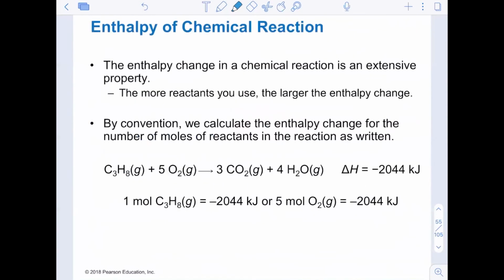The enthalpy change of a reaction itself is an extensive property. So the more reactants you use, the larger the enthalpy change. By convention, we can calculate the enthalpy change based off of the number of moles written in a reaction. So looking at this